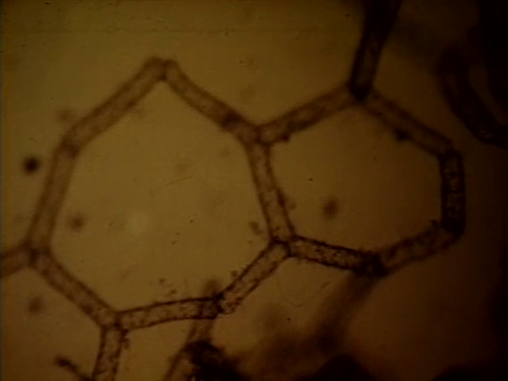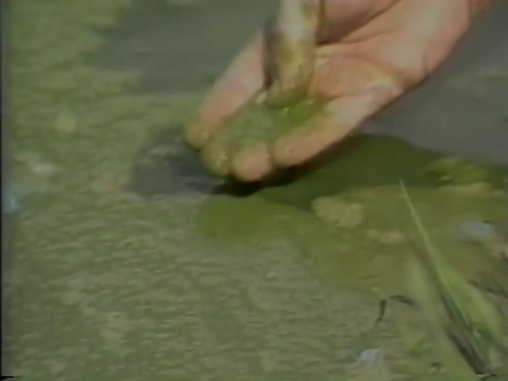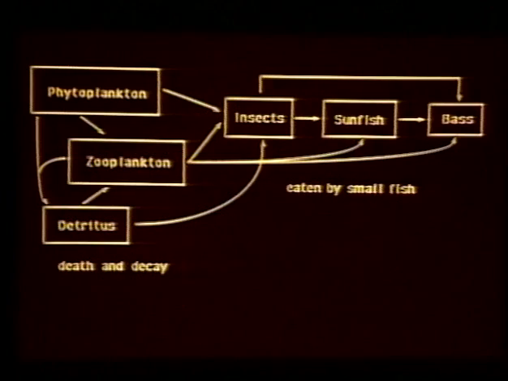Since phytoplankton is interrelated to virtually every factor in the pond ecosystem, the importance of plankton to the overall biology of the pond cannot be underestimated. Planktonic organisms form the base of the food chain or food web in ponds. For example, in a typical bass pond, plankton are interrelated in the food web.